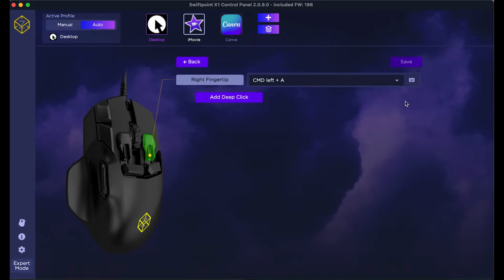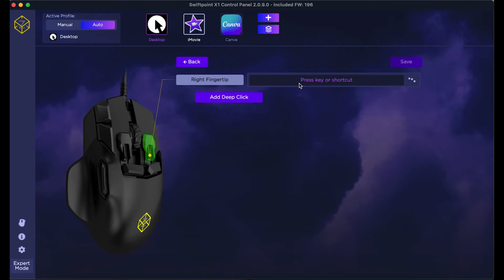If for some reason you cannot find the action that you are looking for within the vast action library that comes pre-configured with your Z, Tracer or Creator mouse, we can come over here and click on the keyboard icon so that we can record a custom keyboard command. So to do this, simply click the small keyboard icon to the right of the current action. The current prompt will disappear and will be replaced by a prompt that says press key or shortcut. Now we are ready to punch in the command or action that we want to map to this particular button.